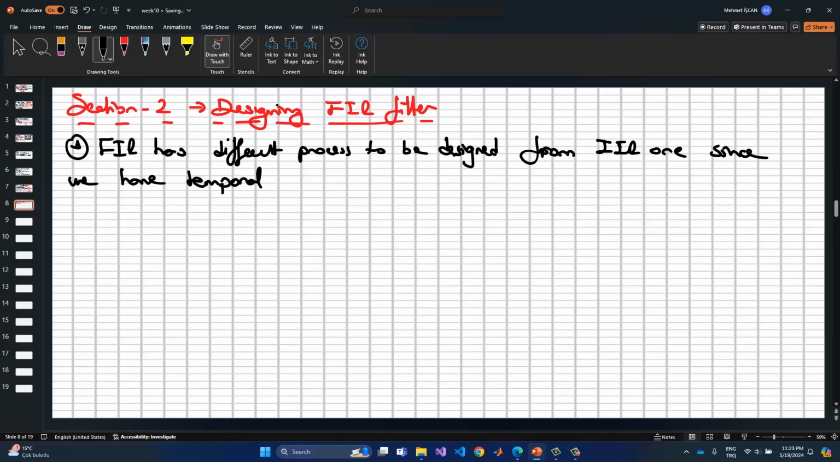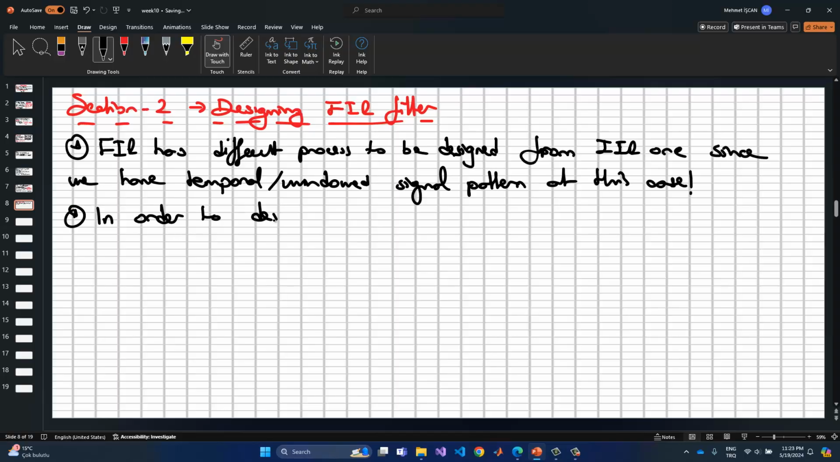the temporal, or in the technical name the windowed signal pattern, in here, because we have only feed-forward terms collected from the input signals. So we need to apply the windowed signal or windowed pattern to analyze or filter these signals. In order to design the filter,